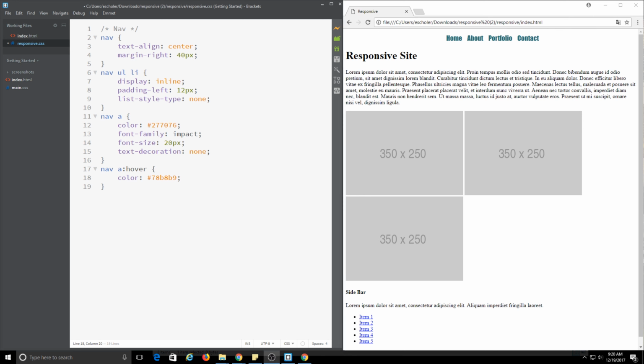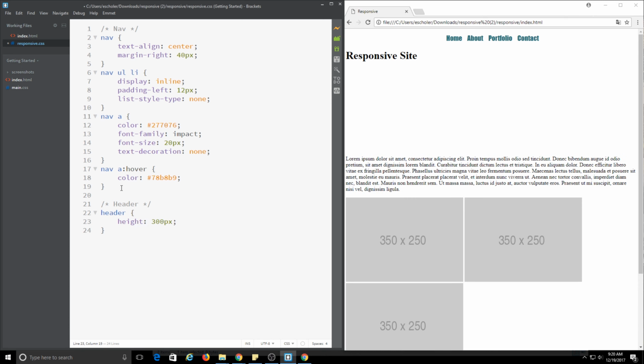Now that we've got the navigation done, let's start working on the header. So let's come over here, and once again, we're going to create another comment, just so we know where we're at in the code. Really helpful to leave yourself notes. And from there, talk to the header section. So we'll give it a height of 300 pixels. Right, so you can see it's a little bigger now. We'll give it a background color